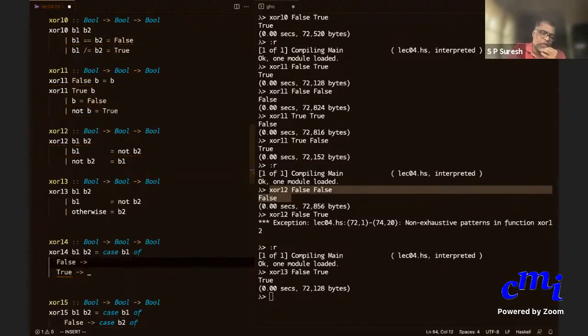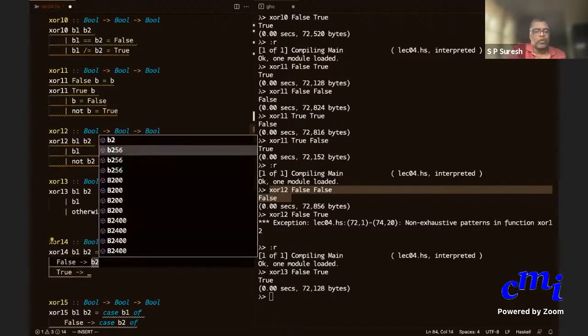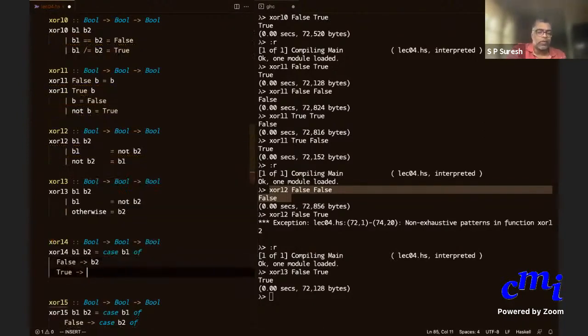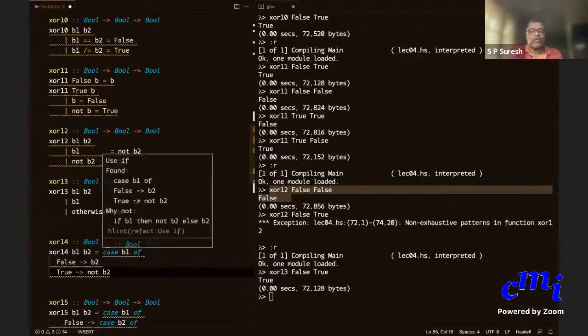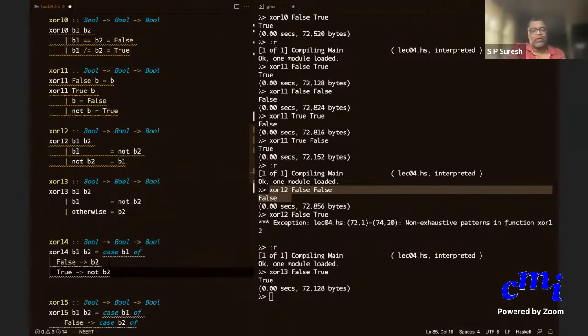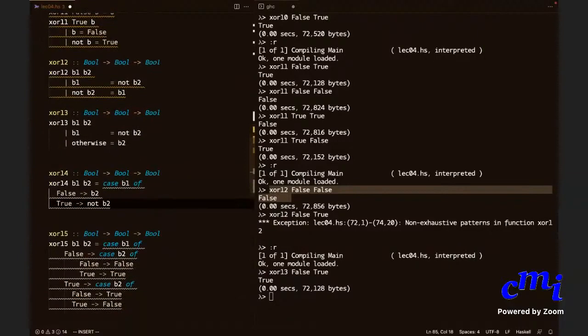For false, I should take it to be B2, and if it's true, I should take it to be not B2. Yes, so this is another way of doing case. Okay, so it's not necessary that you should always have nested cases, etc. Is the case construct clear?